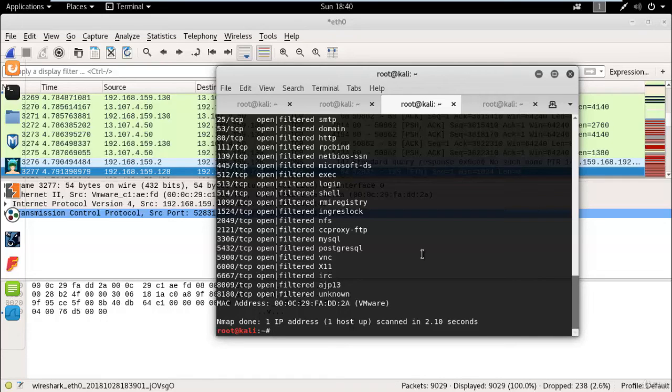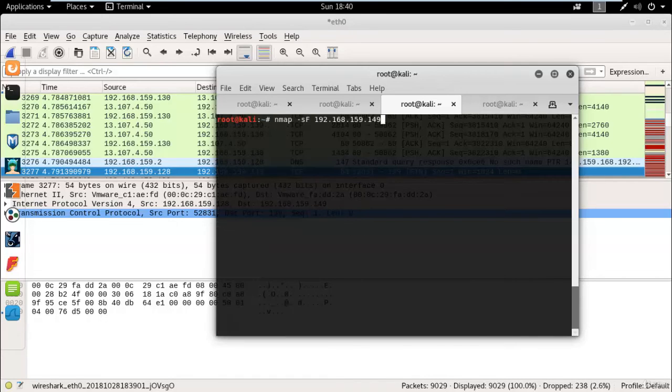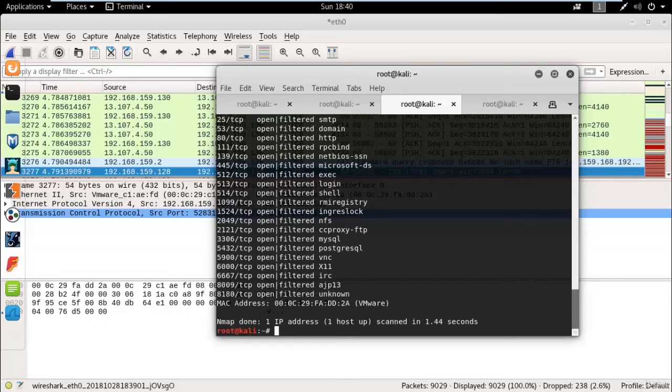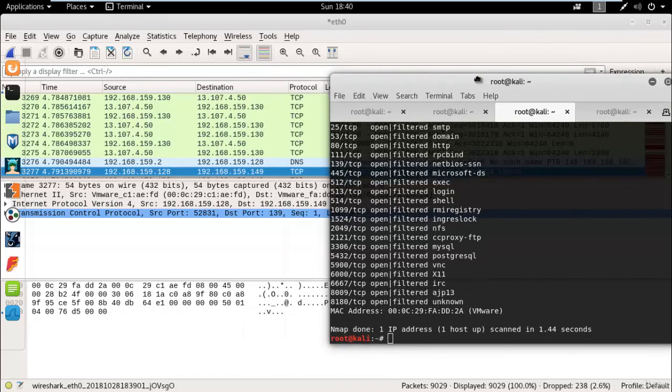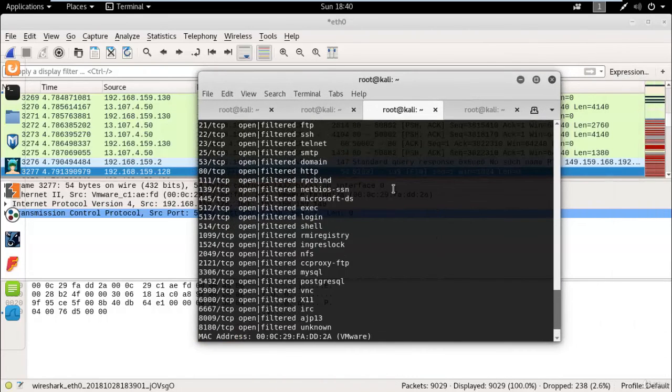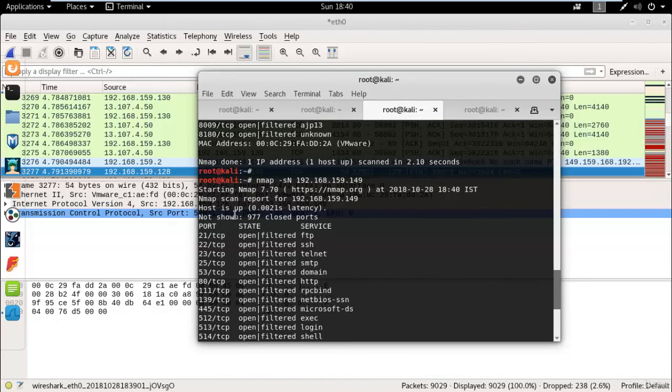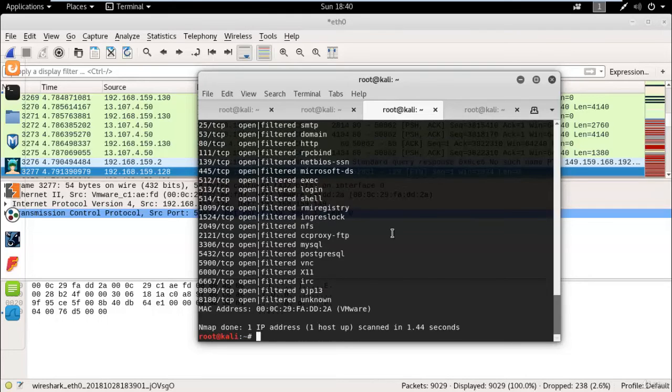Same, you can send a null scan. You can send packets for a null scan using capital N. It will gather information about the target. So we are able to scan using a null scan.